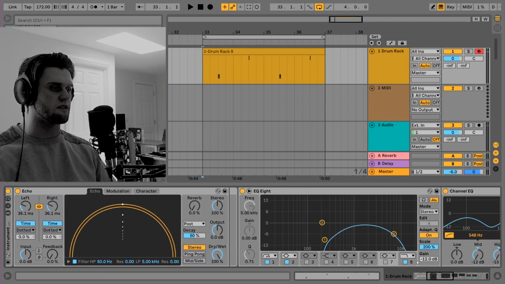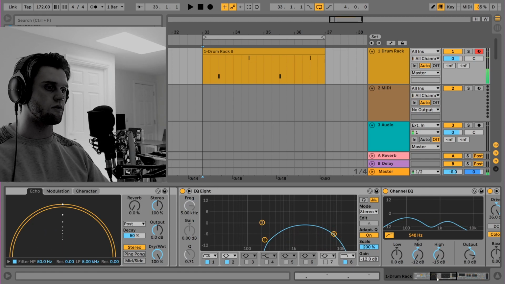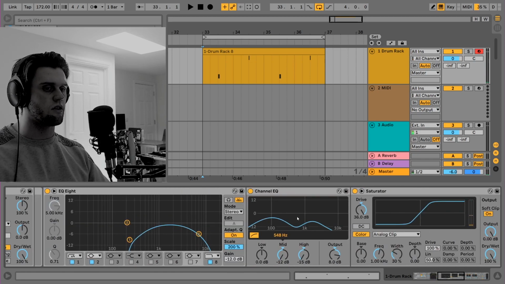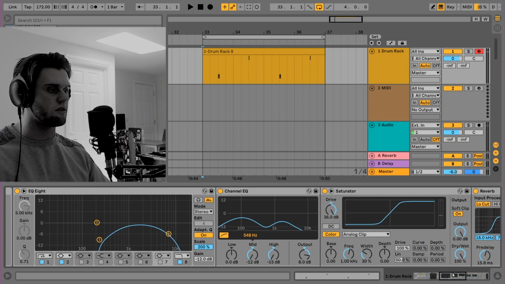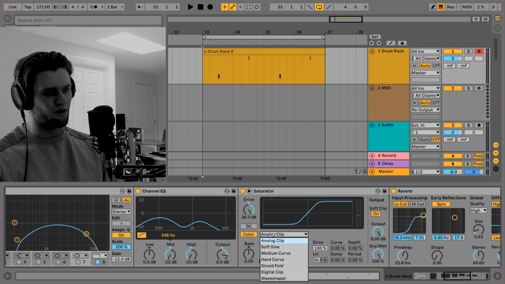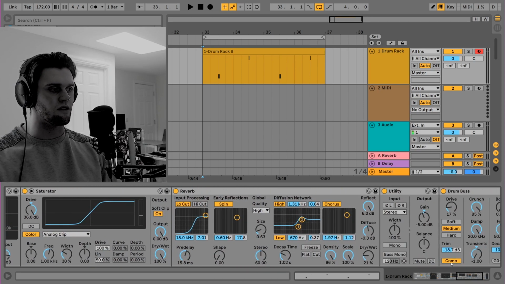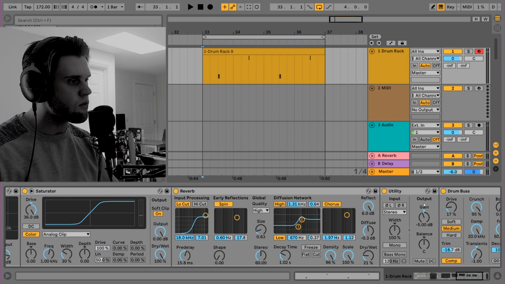And then I've just processed the entire group by band passing out the frequencies that I wanted, putting a notch somewhere in the middle with this channel EQ, saturating it to the point of no return by putting an analog clip on it and driving it all the way, and then a bit of reverb to give it some space. Now, the saturator introduced a load of noise, so what I wanted to do was bring down